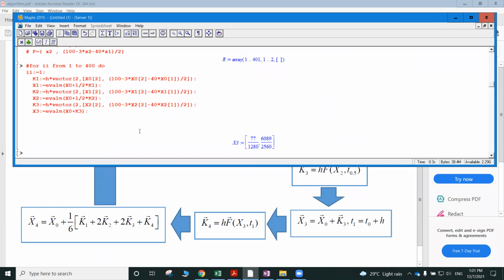And now we can find k4, which is the last parameter in your formula. So k4 is equal to h times the vector f, but this time instead of x2 we have x3. Okay, so this is the vector k4, and now we need to calculate x4,